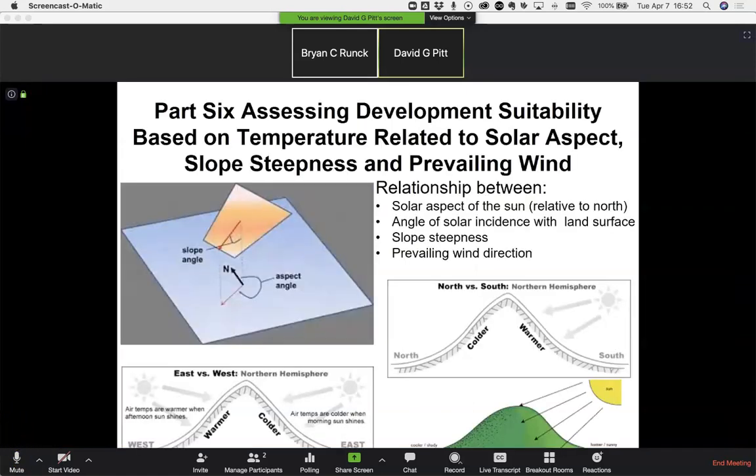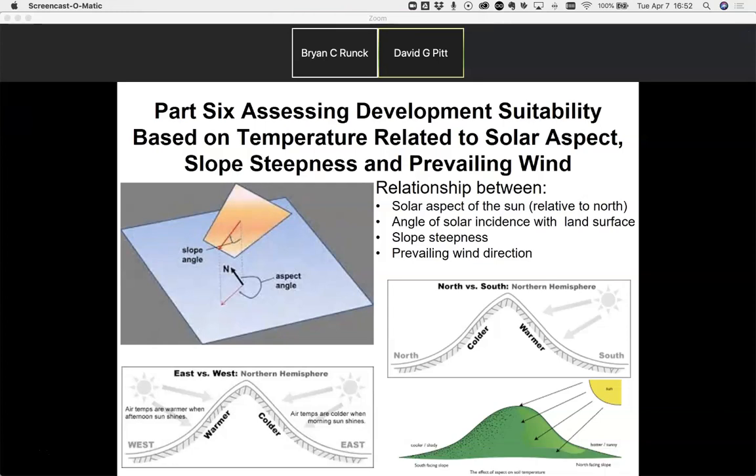Part 6, I want to talk about assessing development suitability based upon temperature related to solar aspect, slope steepness, and prevailing wind. This is a relationship that deals with the aspect of the sun relative to north, that is, for example, talking about a south-facing aspect, an easterly-facing aspect, a westerly-facing aspect, a northwesterly aspect, etc. So it is the position of the sun relative to north in the sky, and the angle of solar incidence